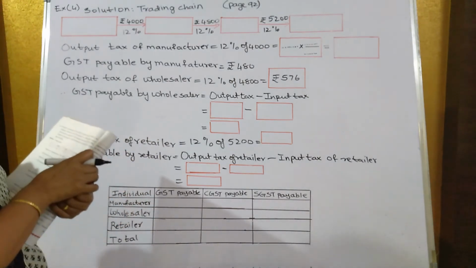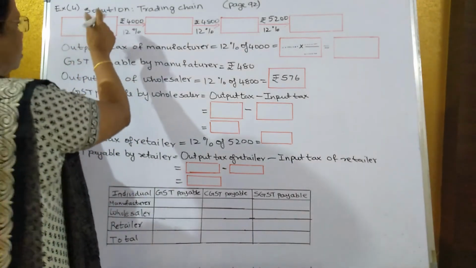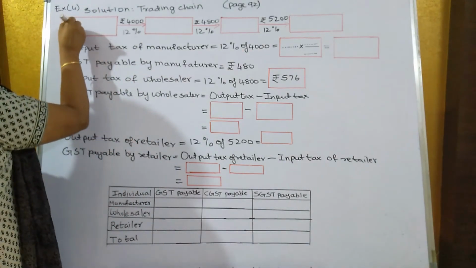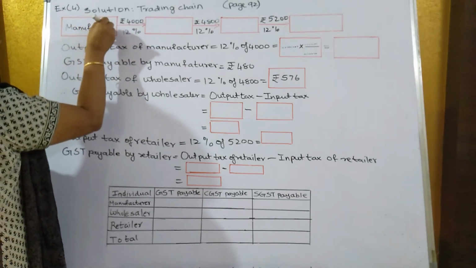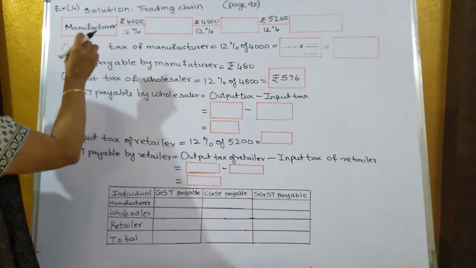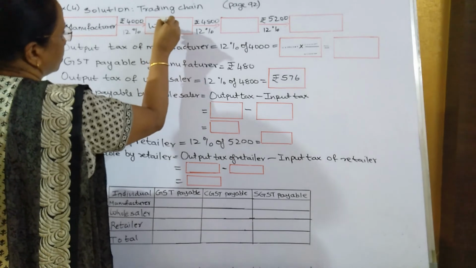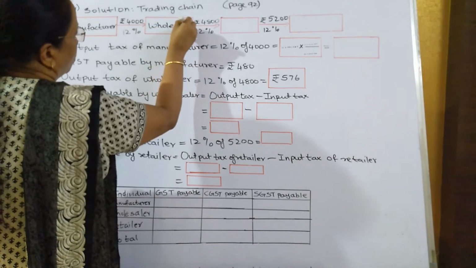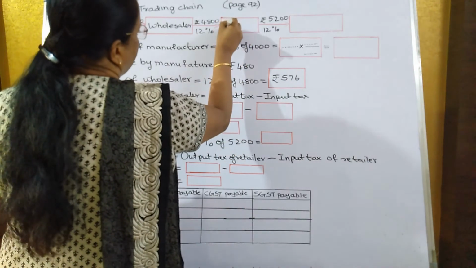So the manufacturer sold the cycle to the wholesaler at rupees 4,000,